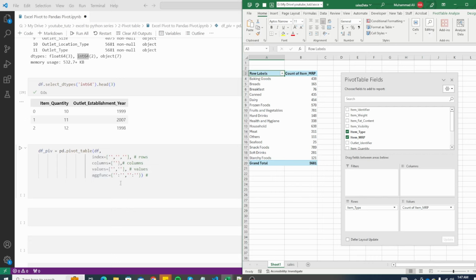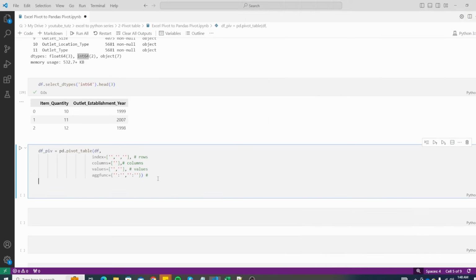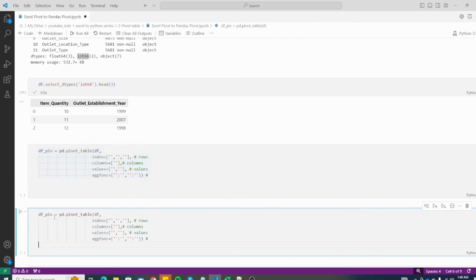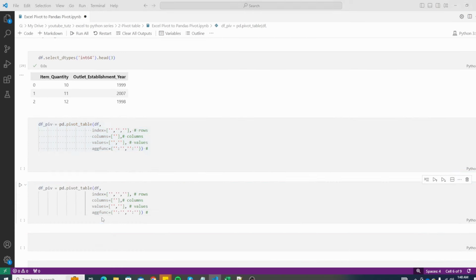This is where you give it which column needs what calculation. This is a bit different from Excel, as we don't have the filter parameter here, while in Excel there is no separate area for what calculation needs to be done. It does it automatically, and you can change it from value field settings to whatever you need. Great. Now I'm just going to keep it here for reference. I'm going to add a new one, and let's start replicating our pivot table from Excel.